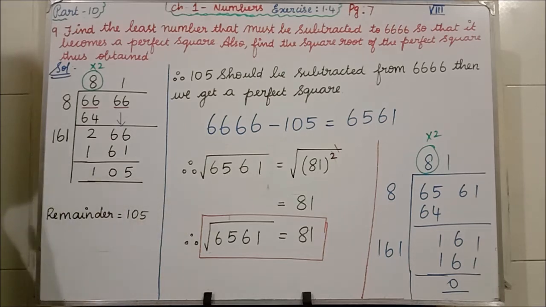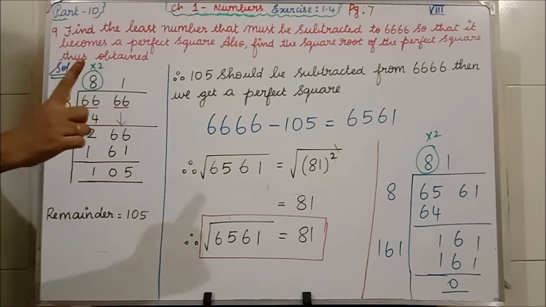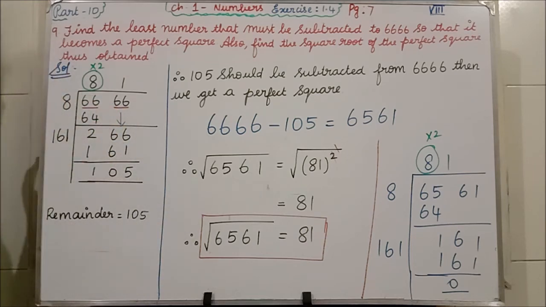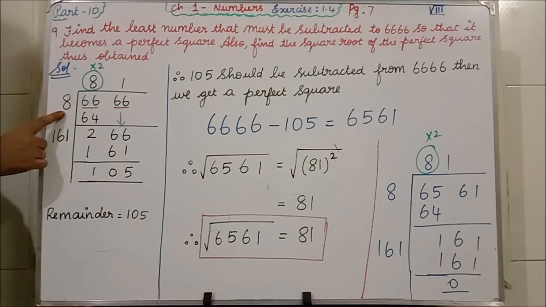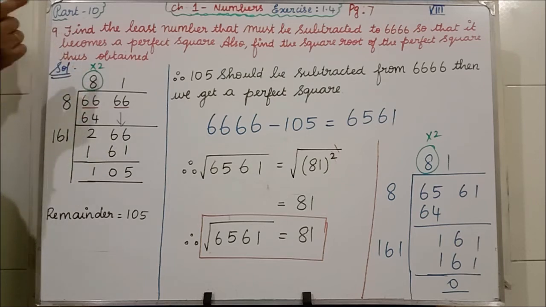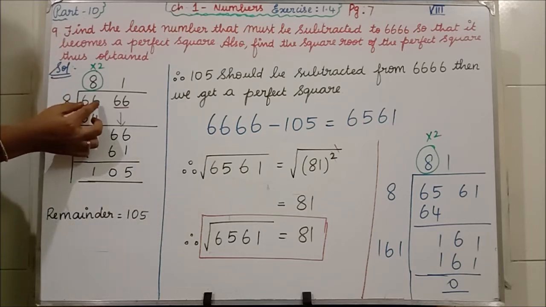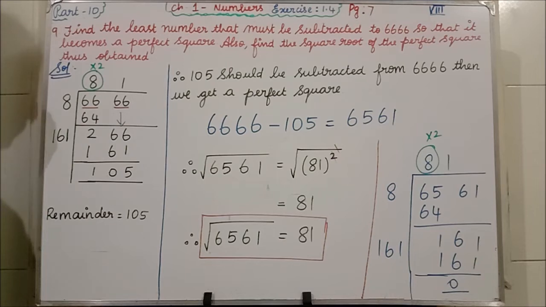What is the first step in the long division? From the last we have to group two numbers. See, 66 I have grouped as one, then here 66 another group. Now what number you are writing, the same number in the quotient also you have to write. If I write 2, then here also I have to write 2. If I write 4, then here also I have to write 4. So which two same numbers you multiply will come near to 66? Only 8 will come. 8 8s are 64.